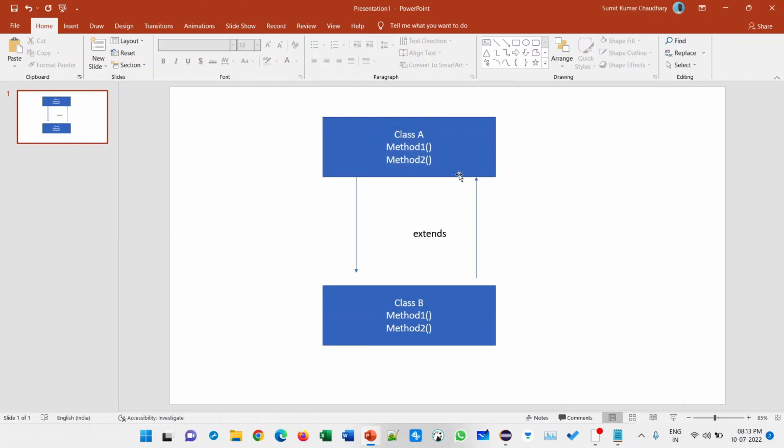As soon as we create a connection, this A class will be the parent of the B class, or we can say this is a superclass and this is a subclass. So the A class properties are by default available for the B class.